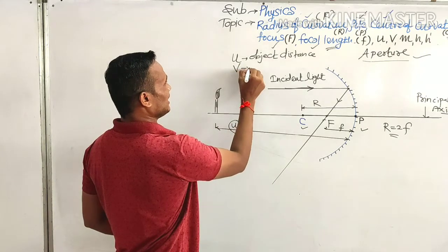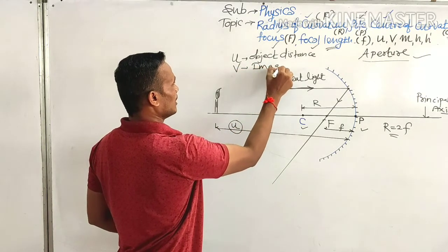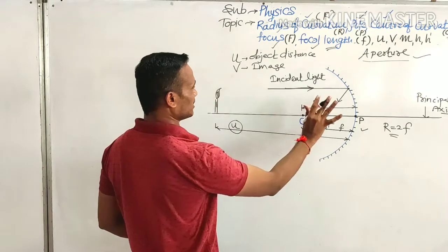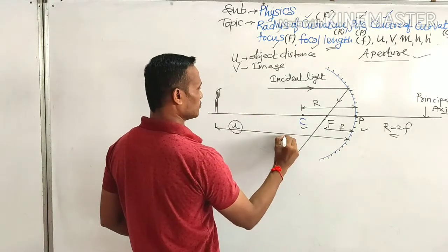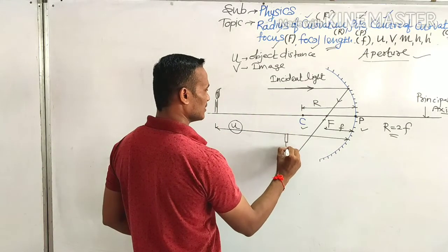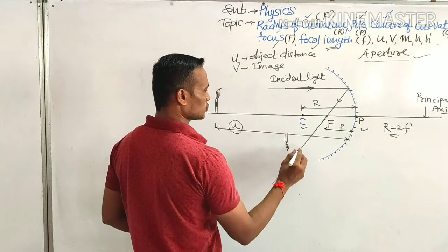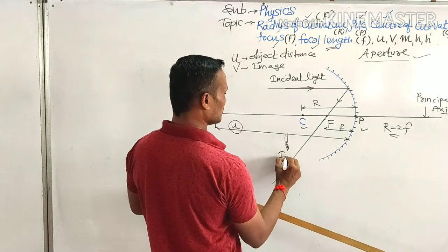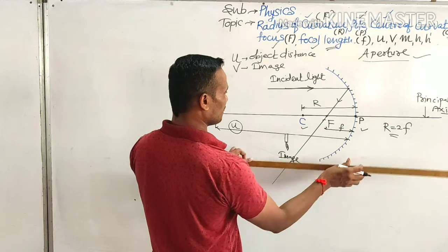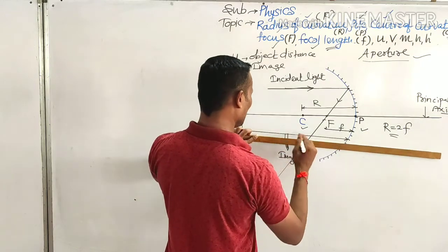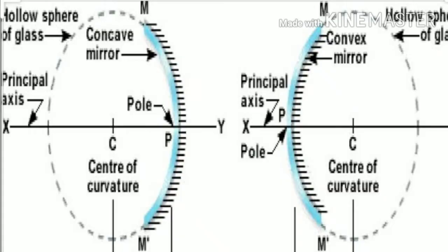Now similarly, image distance. Now if you find that image of the given object is found somewhere here, okay, like this, we assume that it is here. So the distance of this image from the pole, we call it as image distance, which we show by v, small v. Okay, so we understand object distance, image distance. What is left is